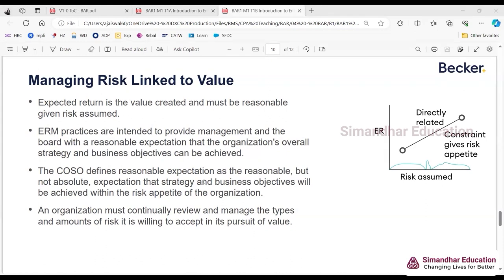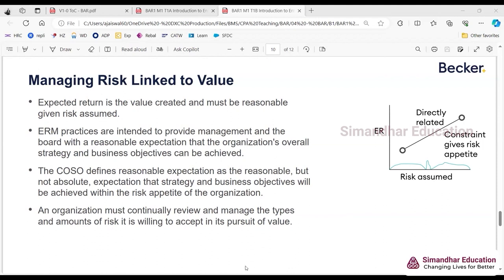Higher the risk, please listen carefully. The correct statement is higher the risk, higher the expected return. What we expect from that risky asset class. High return, high risk, oh my God, that's totally wrong, right? High risk, high return is what many people say, but that is also wrong, right? Higher the risk, higher the expected return.